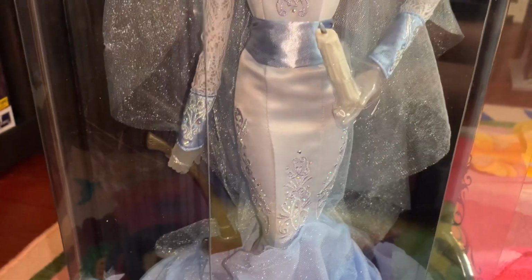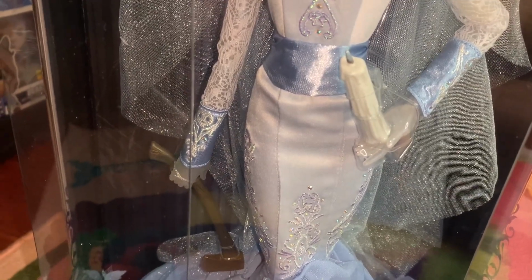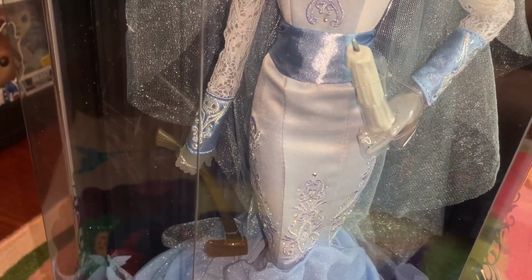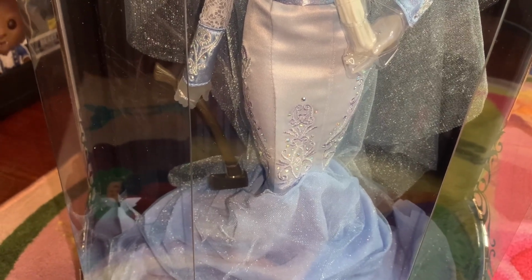So her hands are really cool because they are see-through. And this is the first time we have ever seen that happen. So her hands had to be molded with a different plastic than with her face and body. So that is just amazing. That's so ghostly. Her skirt is beautiful, and it continues this gorgeous iridescent threading,